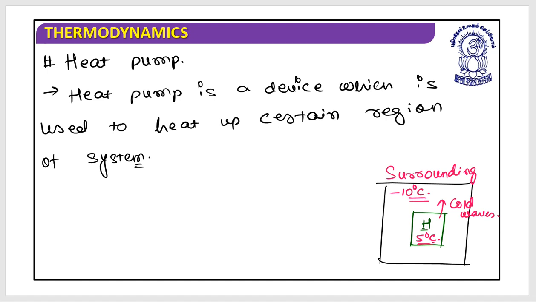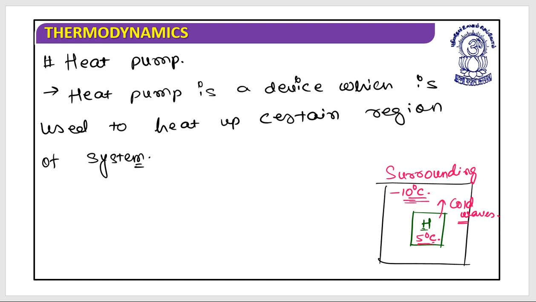So the situation is similar to the refrigerator. In the refrigerator, you absorb the heat waves and dump them to the region which is at higher temperature. Even here the situation is the same. You are going to absorb these cold waves and dump them to the surrounding which is already at a colder region. I hope this is clear.